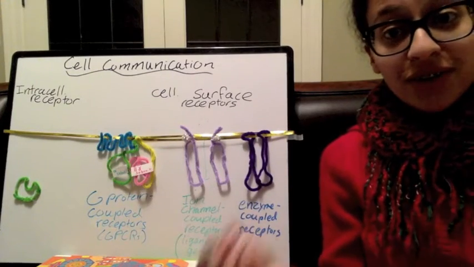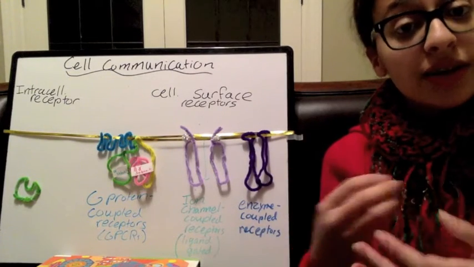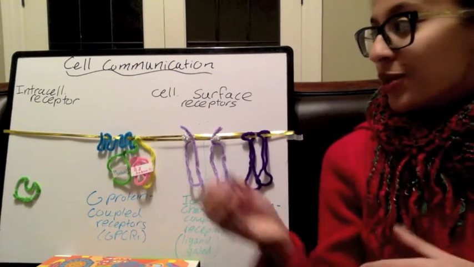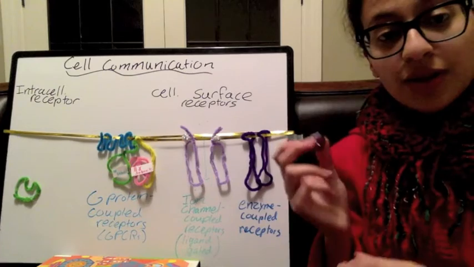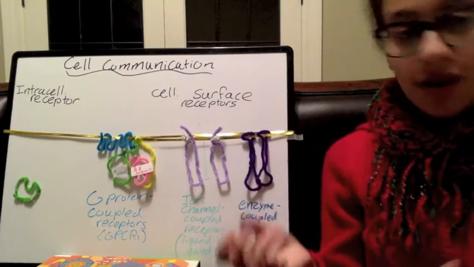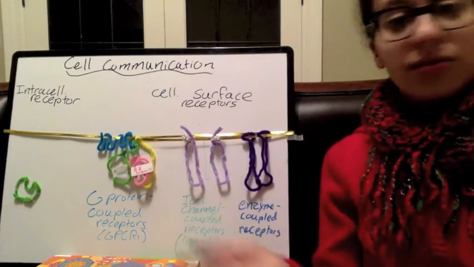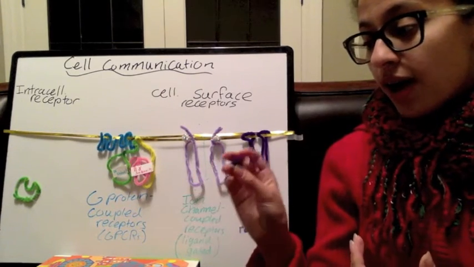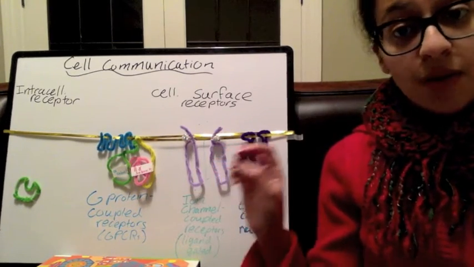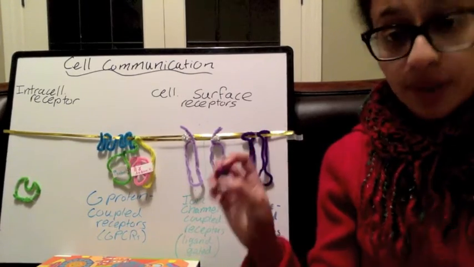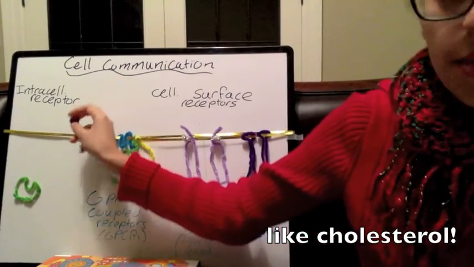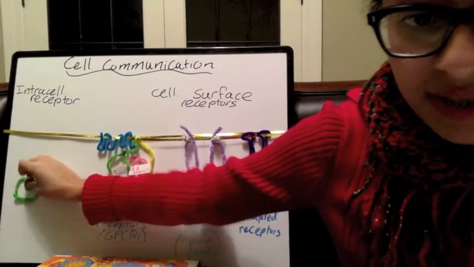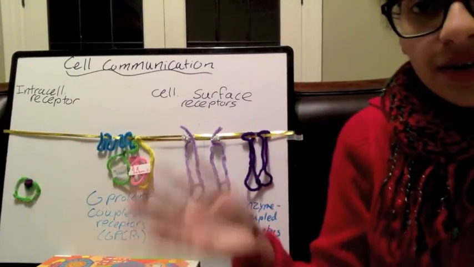Okay, so we have a lot of cells, and these cells need to communicate with one another. And the way they do that is through a bunch of different receptors and signal molecules. So the less common kind of receptor would be the intracellular receptor. For that kind of receptor, you would have signal molecules that are small and hydrophobic so that they can get through the phospholipid bilayer easily and then bind to these receptors inside the cell and set off another signaling